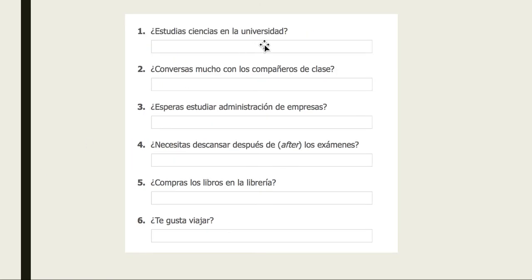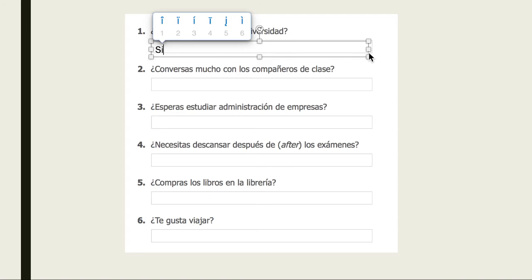For the second homework, it's pretty straightforward, using yes or no questions. In the first case, ¿estudias ciencias en la universidad? You can either choose to answer it with a yes or a no. You want to answer it with a yes. Remember that it's you answering it, so you would conjugate it into the yo form. So in this case, it would be